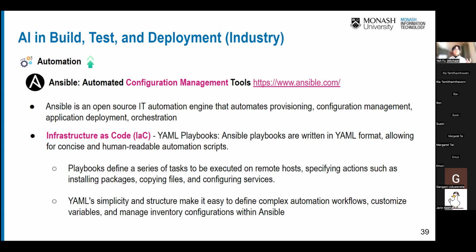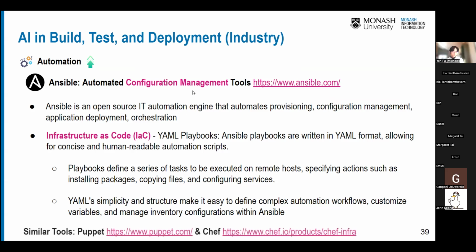Like I said, DevOps doesn't work like waterfall software development, right? Because we build software incrementally every day, and there may be many deployments happening every day. So we want to automate this deployment. Infrastructure as code and a tool like Ansible release developers' pressure of doing so many deployments every day, by automating the deployment. We also have similar tools called Puppet and Chef. You can check them out through the links.